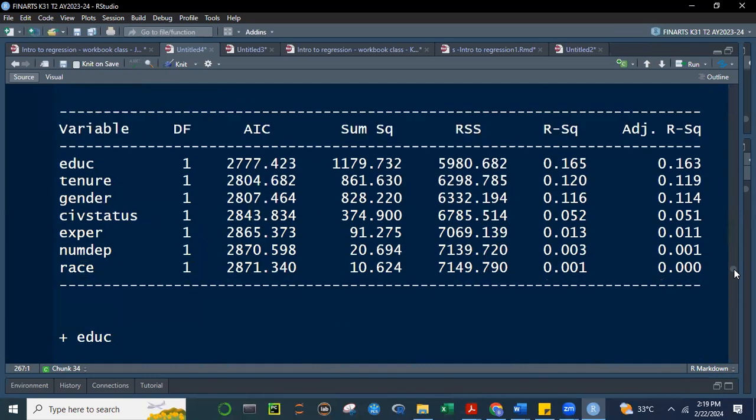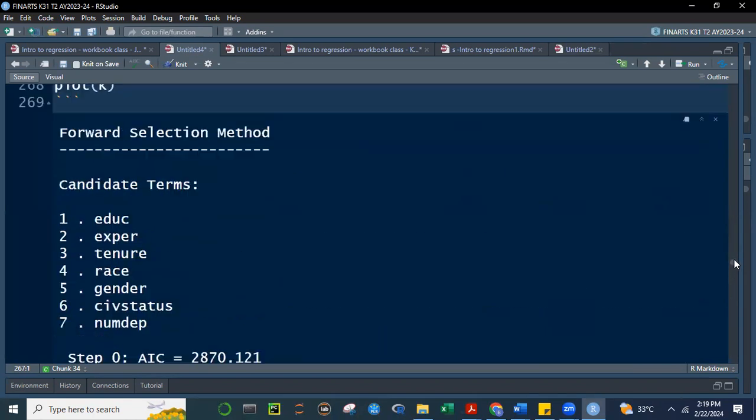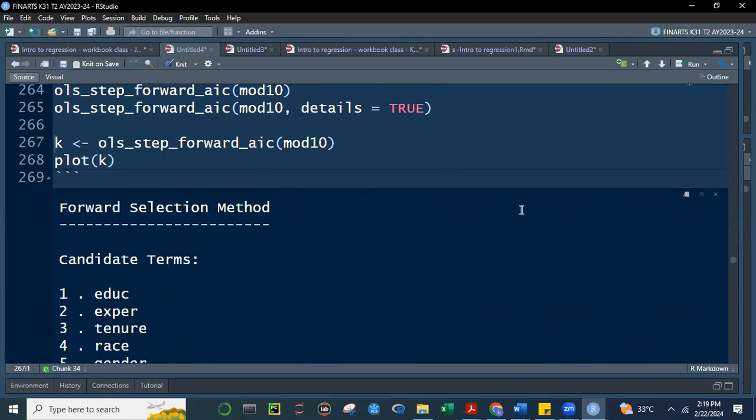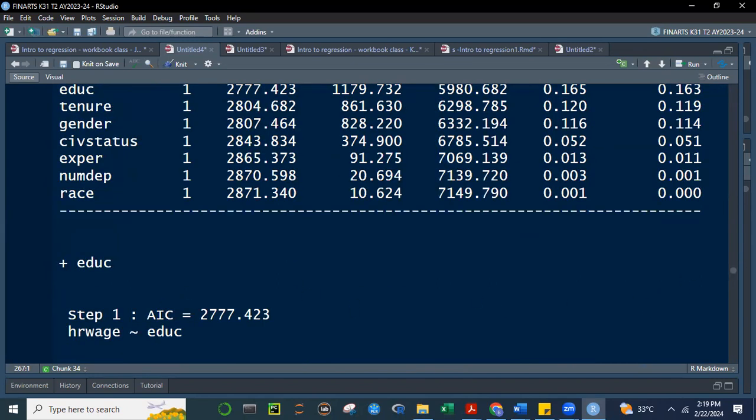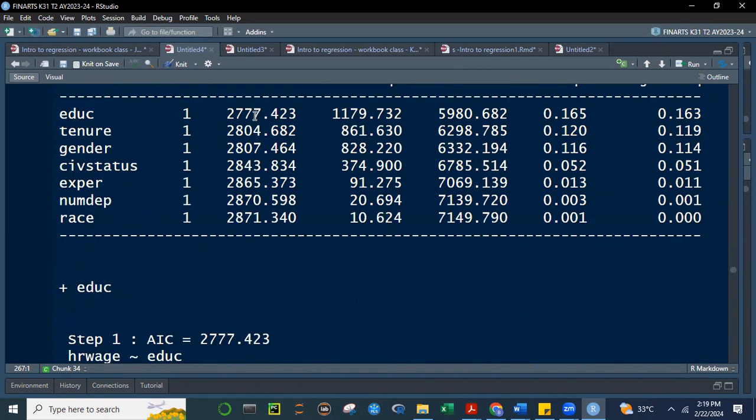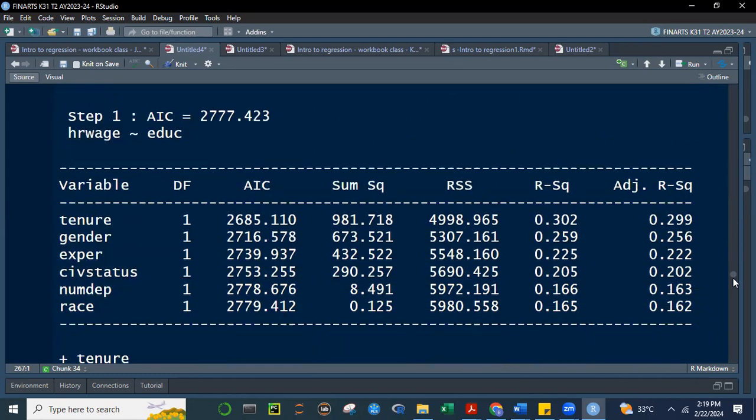And then what will happen if ito yung choices natin, no? Pag ipapasok natin yung mga variables na to, ito ang mangyayari kay AIC, magiging 2777 siya. Pag race ang pinasok natin, 2871. So among these 7, ang pinakamagandang ipasok si education kasi pinakamaliit yung AIC. AIC method yan. So pinasok ko si education. Ang nangyari, class, pag pinasok si education, magiging ganito ang AIC natin. So mas mababa ito kaysa